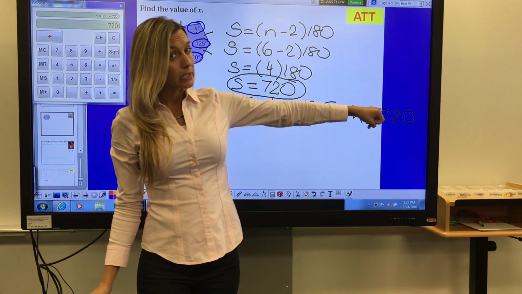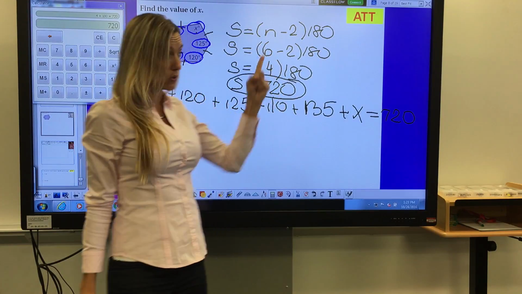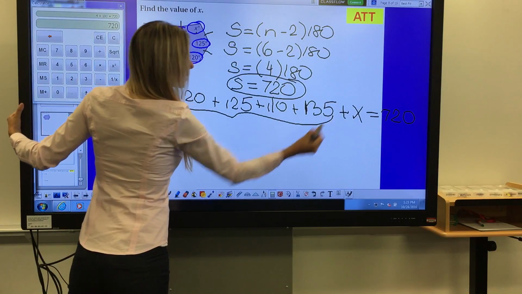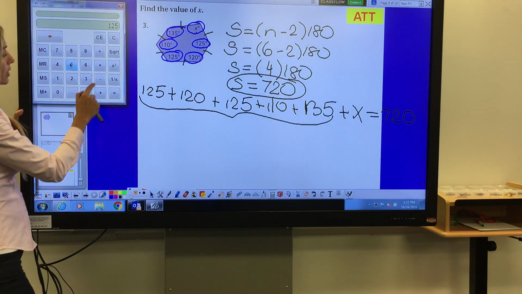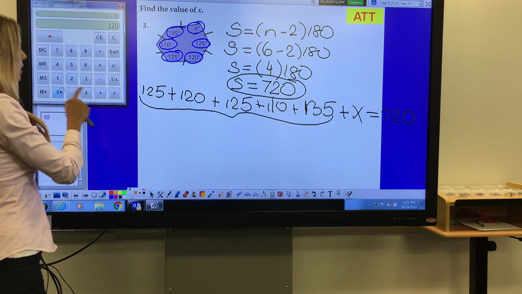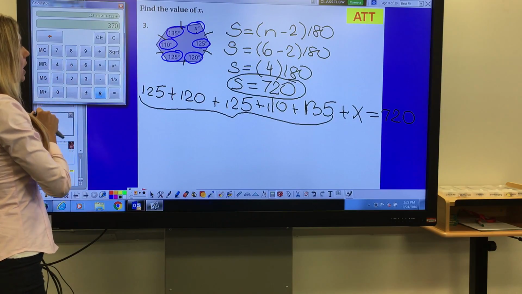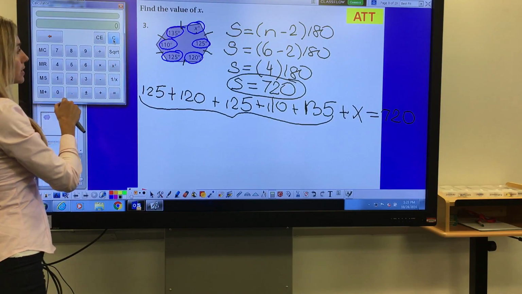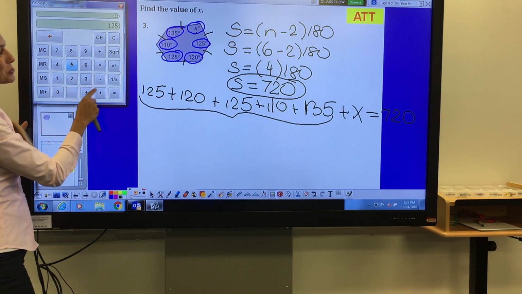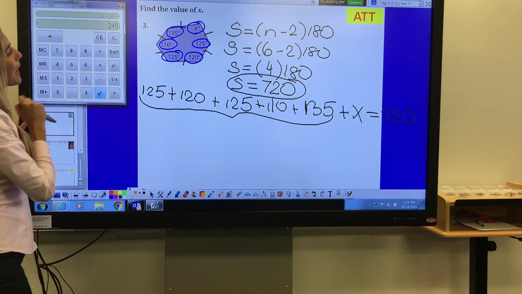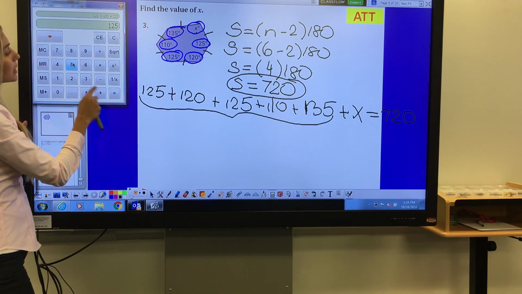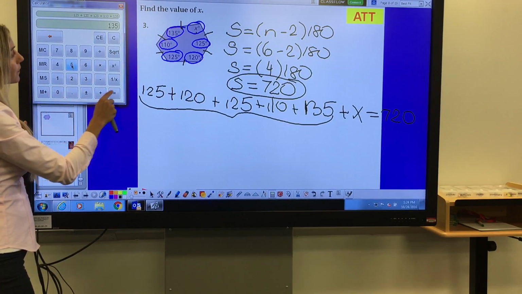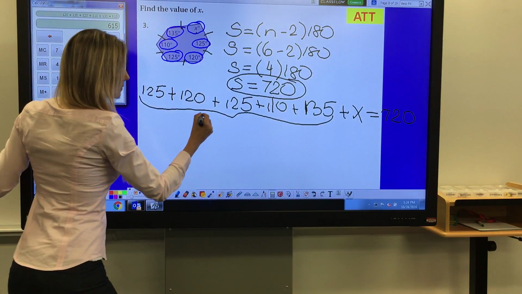Please do not make it equal to 180. This is not a triangle. So let's add all these up, right? Combine like terms. Oopsies. All right, let me start from the get-go. 125 plus 120 plus 125 plus 110 plus 135. I have 615